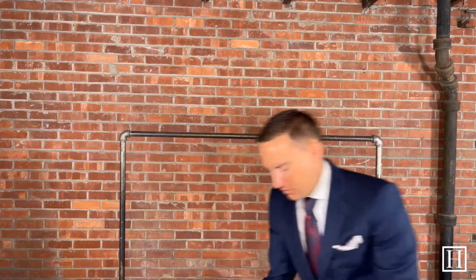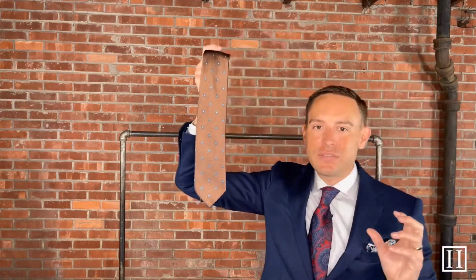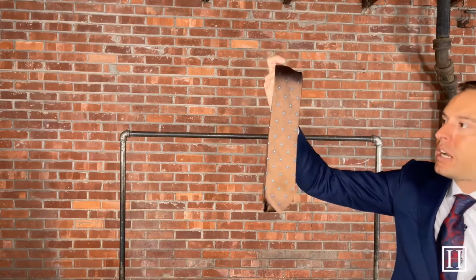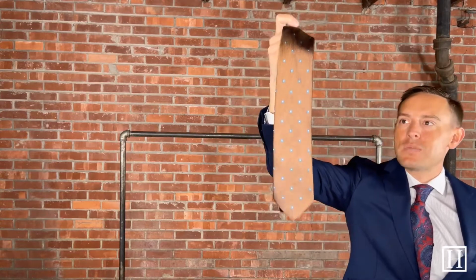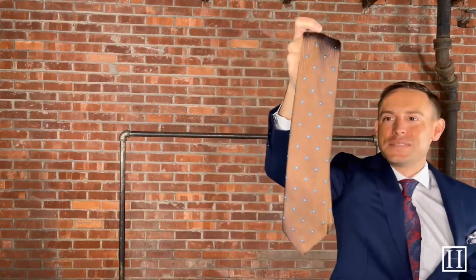And then we're going to jump into a brown with blue. And this brown, again, kind of gives you those different shades of a darker rust or a darker orange, but we're just calling it brown with the blue neats. Very beautiful as well. Obviously, we love all the ties that we brought in,